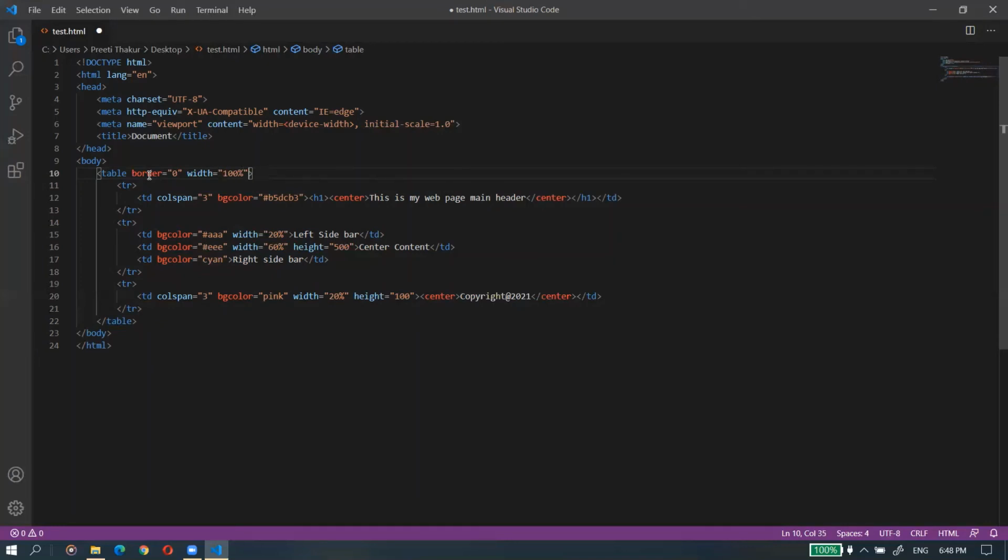No issues. Okay, so one thing is that, here also I'm just doing it to tell you that we can use this attribute as well. So here in this row I'm using this attribute called VAlign, which will actually align your data accordingly, whatever value you are giving. So I am giving here as top, so that the text or data would be on the top of it. You can give it middle or bottom.